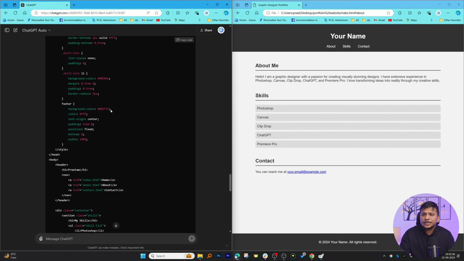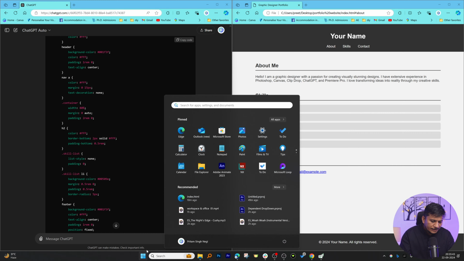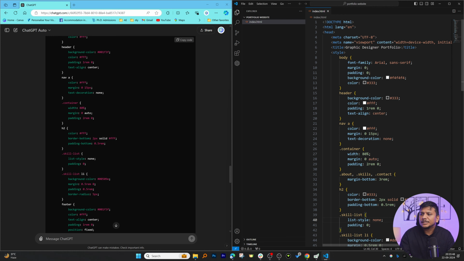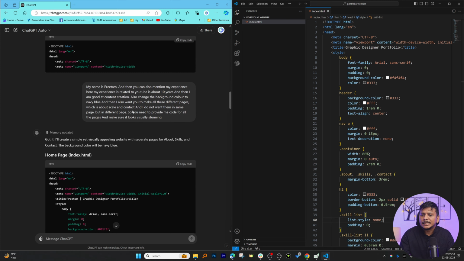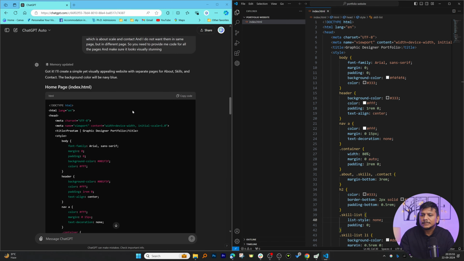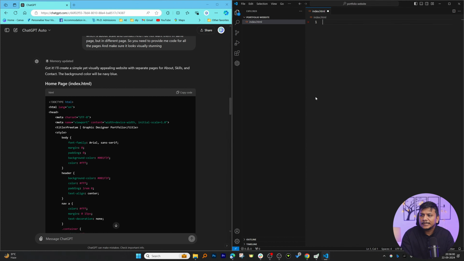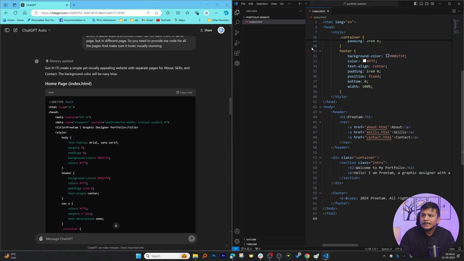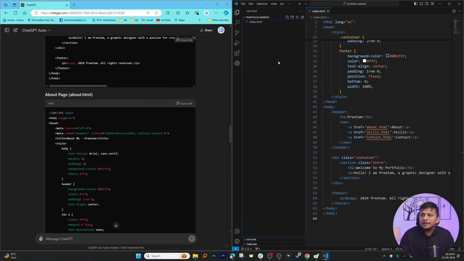Now I'm gonna go back to my VS Code editor. Here you can see I only have created one page, and the page name was index.html. This one. So I'm gonna copy this, and then press Control A, delete, and then paste. Now I'm gonna create a new page here, which is the about page. So about